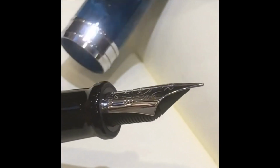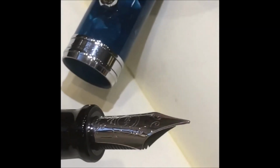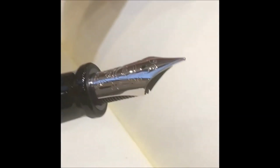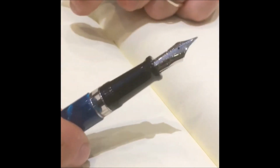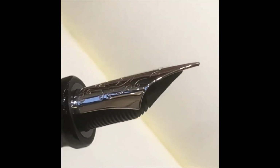Even if many companies now have started to implement in their production process the manufacturing of nibs. They are now learning the importance of manufacturing their own nibs. But anyway, it's still a very special and limited production. This one made by Aurora is really still unique in the writing instrument world. And this is the 18 karat solid gold nib by Aurora, which you can get in so many sizes. The range is really one of the widest